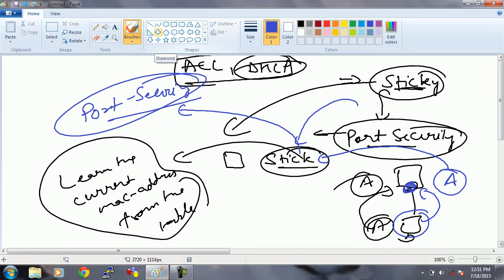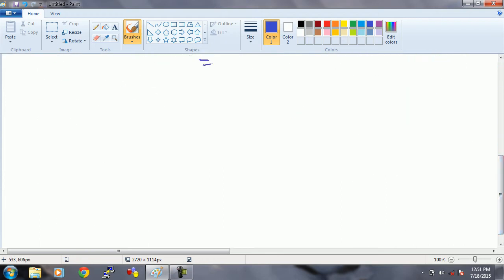So as soon as you enable sticky for a port, all MAC addresses will be deleted, and from now onwards the first MAC address that will be learned on the port will stick to the port security. This thing is clear? Now next thing, first topic for today is,